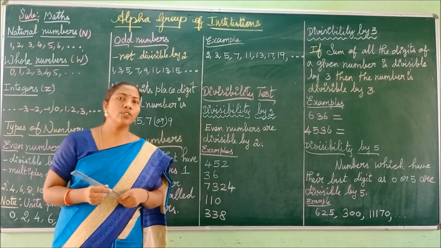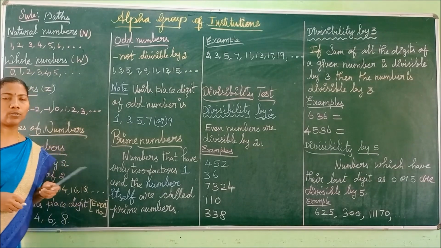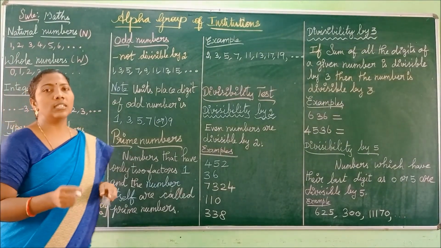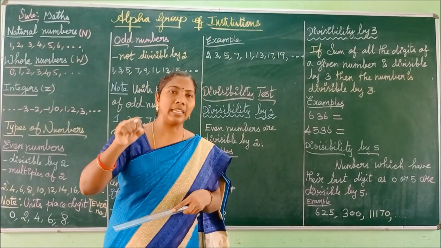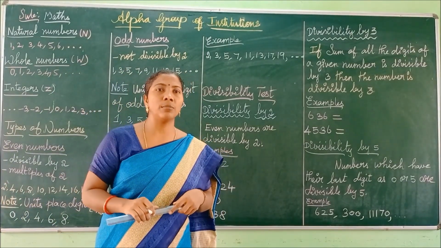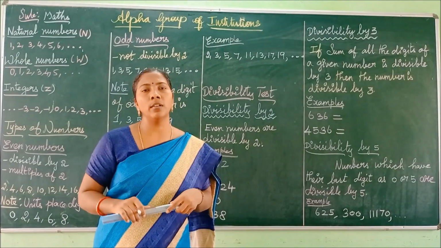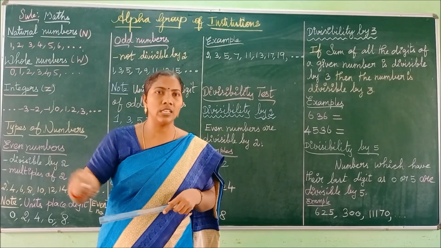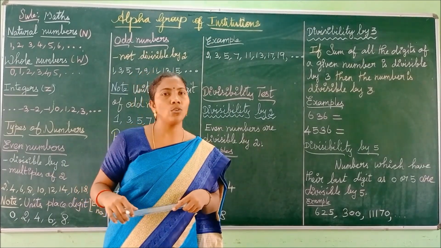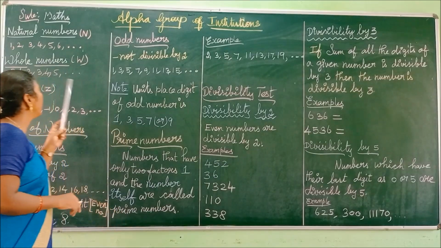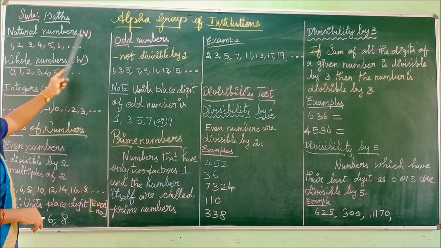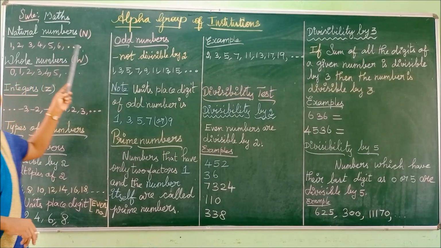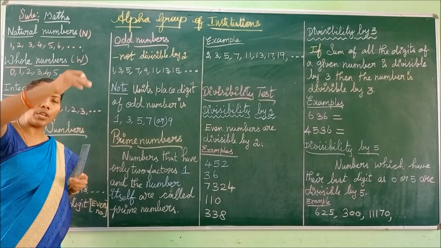Next, children, we are going to recall about the numbers. Okay. First we are going to see about the natural numbers. What is the symbol for natural numbers? Capital N. What is the another name for natural numbers? Yes, counting numbers. Because we are using the numbers 1, 2, 3 to count the things. That's why they are said to be counting numbers. The symbol for it is capital N. So 1, 2, 3, 4, 5, 6, 7, etc. it was going on. Okay.